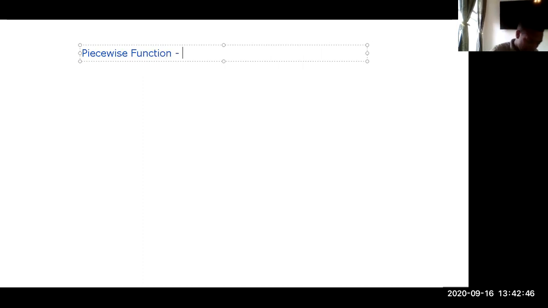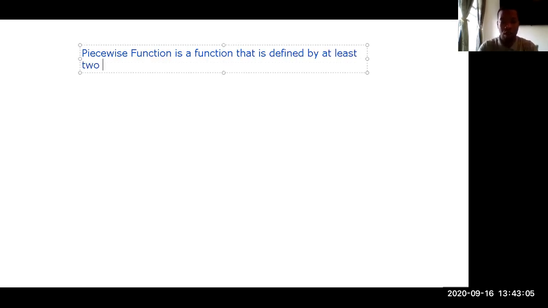A piecewise function is a function that is defined by at least two equations put together